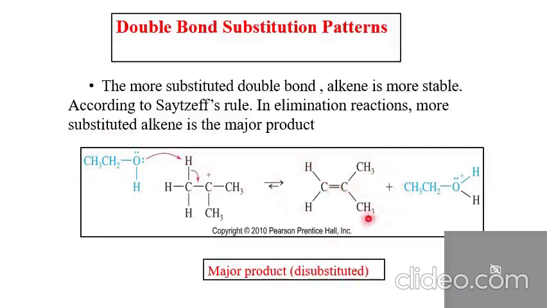Now, whatever alkene is formed is more substituted. See here, this carbon is maximum substituted, di-substituted, and therefore it is the more substituted alkene, and so it is the more stable alkene, and therefore the more stable alkene is always the major product according to Saytzeff's rule. Therefore, with the double bond substitution pattern, the more substituted the double bond, the more stable the alkene, and the rate of